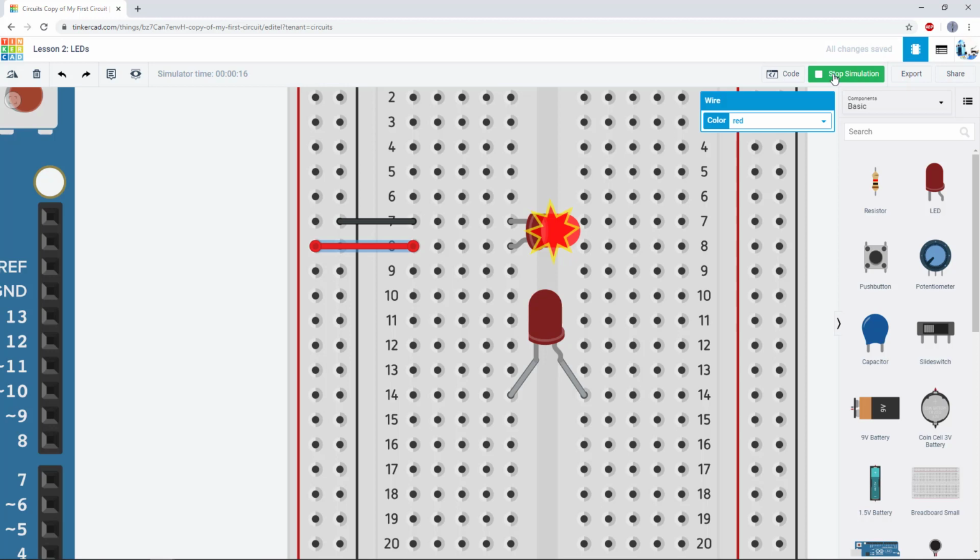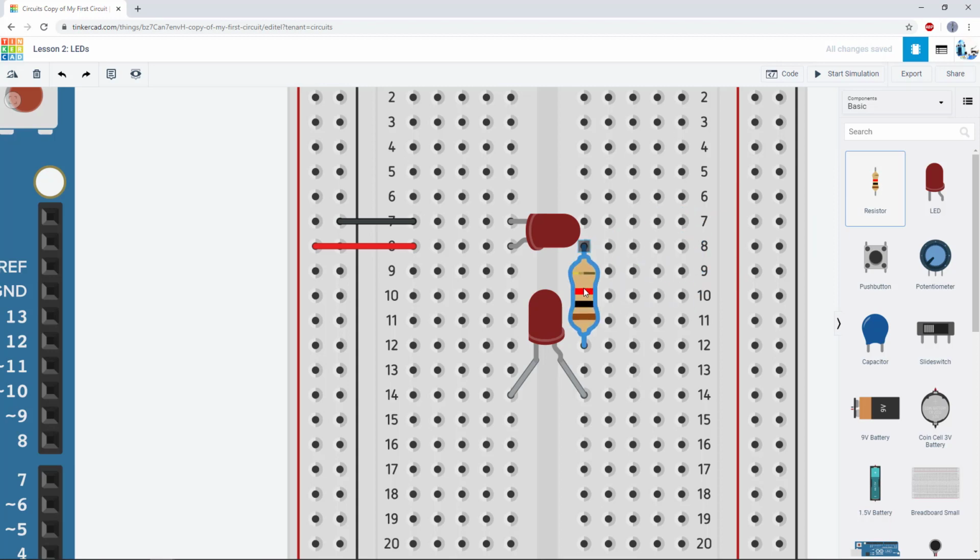So I'm going to stop the simulation, and I need to add a resistor in series with the LED. Again, we're not covering basic circuit analysis in these tutorials, so if you don't know Ohm's law or how to calculate the current limiting resistor value for an LED, there is a separate video linked in the description on how to do that. Here, I'm just going to click and drag out the resistor, just like I did for the other components. Again, depending on the breadboard orientation you've chosen, you may need to rotate the resistor. When you get it close enough, it should snap into the breadboard holes. So I'm going to delete this wire and add a wire down here.